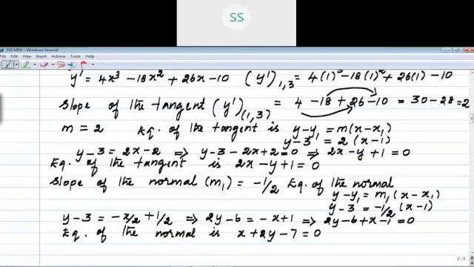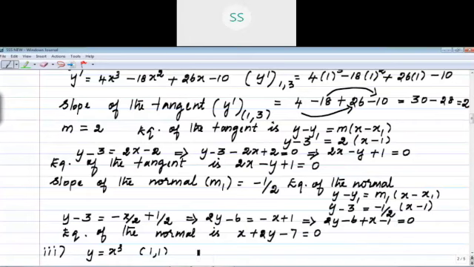What is the third subdivision? Anyone? y is equal to x cube. Easy, no? y equal to x cube. The given point is 1 comma 1. Third subdivision, right? Already everything I have written on the first page. y is equal to x cube. The point is 1 comma 1.